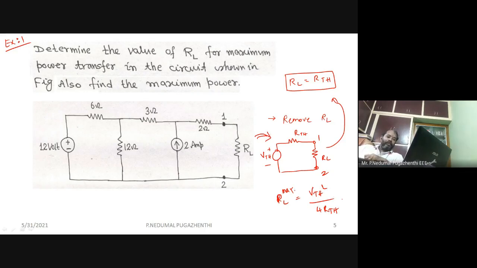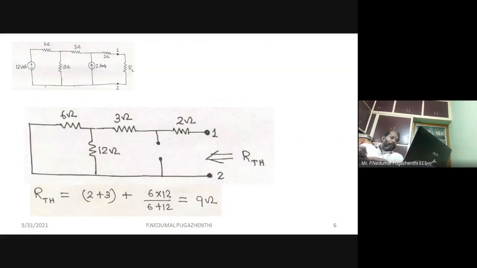So for both the cases, I should know what is V Thevenin and R Thevenin. So I have to go for my Thevenin's equivalent circuit. First we will try to find what is R Thevenin. To find R Thevenin, I will open circuit this current source, and I will short circuit my voltage source. Now I can see that these two are in parallel, and that combination will be in series with these two, because no current passes through this open circuit. The same current which is coming to 3 ohm resistor will also come to 2 ohm resistor.